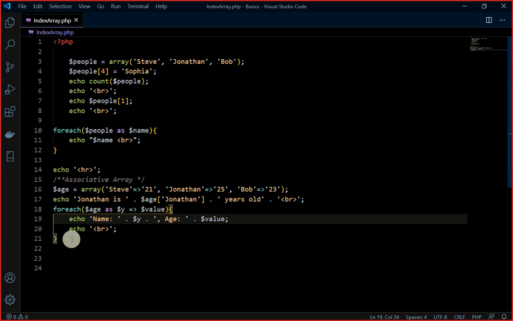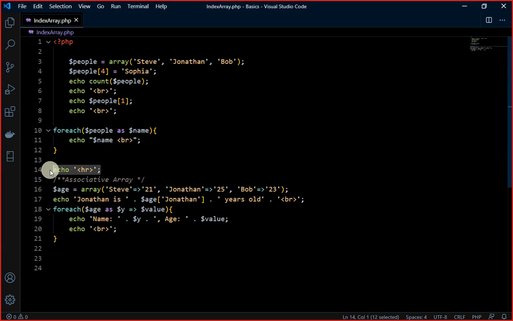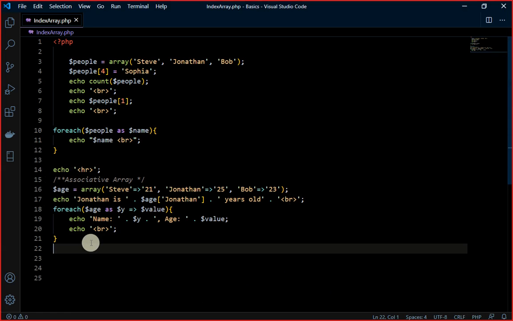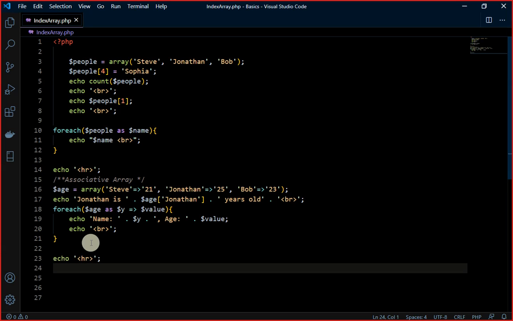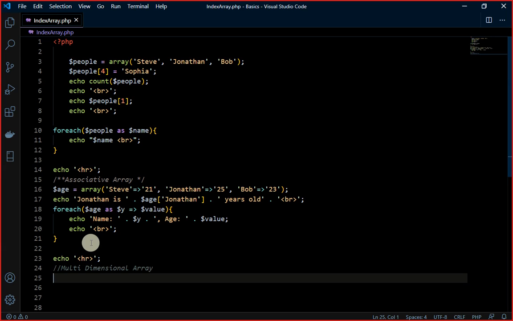Let me just copy this. So here, this is a multi-dimensional array. I think there's one M there, isn't it? Multi-dimensional array. All right, suppose I have something like